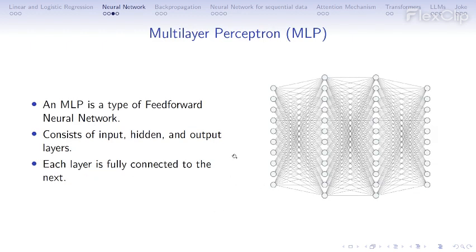So from here we can see that this is a neuron. Neuron ብቻውን ምንም ሊያደርግ አይችልም. ከዛ ምን ይመጣል? We will stack these neurons together and we create a layer of neurons. ያንን ምን እንለዋለን, multi-layer perceptron ይባላል ማለት ነው. A multi-layer perceptron is a type of feed-forward neural network and consists of input layer, hidden and output layer. So the input layer is obviously the input layer, and the hidden layers could be as many as needed for your architecture. And the output layer is the output layer, of course. And each layer is fully connected to the next.